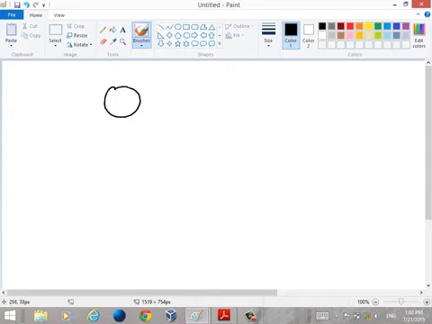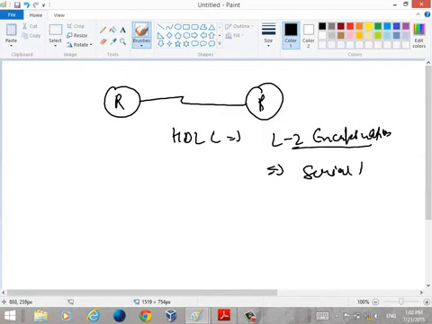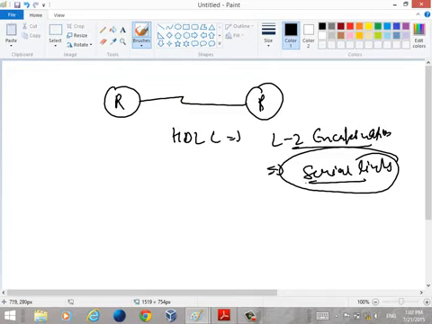What is trying to say that HDLC is, first of all, a layer 2 encapsulation, by default present on serial lines. Any issues? Any problem? Now he is saying that it will provide you